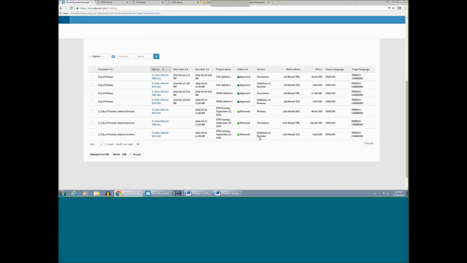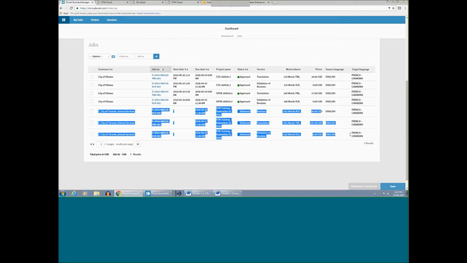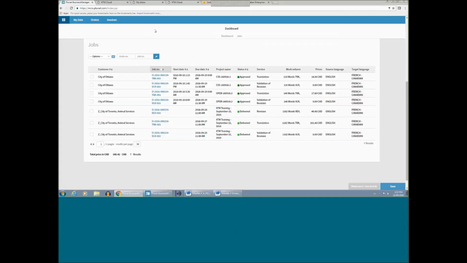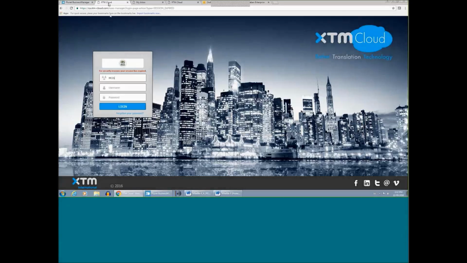Fantastic. So this is how to deal with a project in XTM and Plunet, from this window and from the XTM window. Now, I haven't talked about everything in XTM, and I see we still have 8 minutes, so I do want to cover a few extra things. And I kept the best for last, really. So I hope you're all still here and I'm not talking to myself,